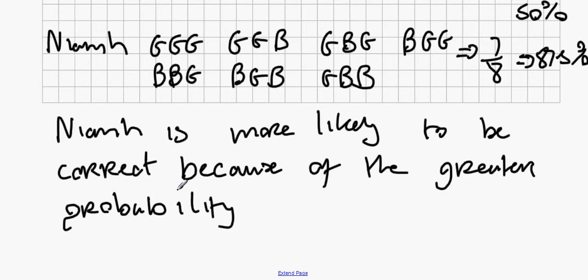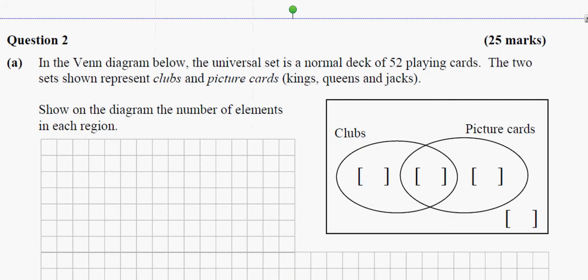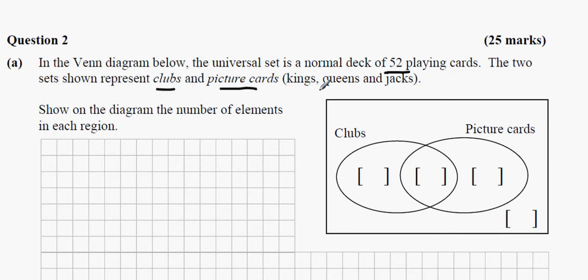The next question we're on is question 2. In the Venn diagram below, the universal set is 52 playing cards. The two sets shown represent clubs and picture cards. For those of you not familiar with playing cards, there are 52 cards in a deck. They're broken up into 13 diamonds,